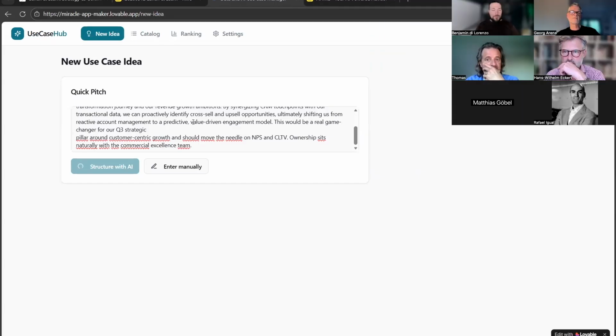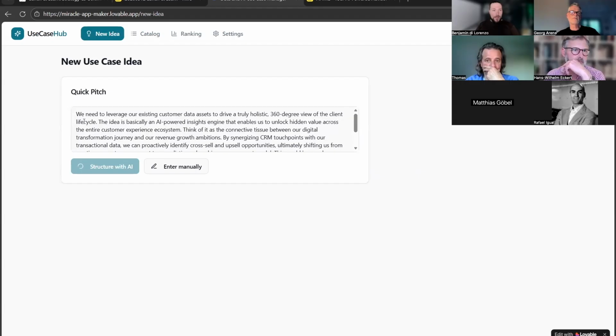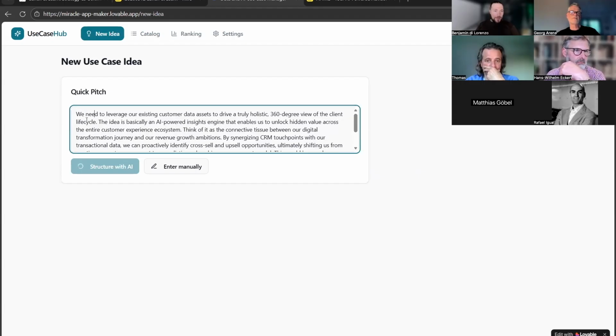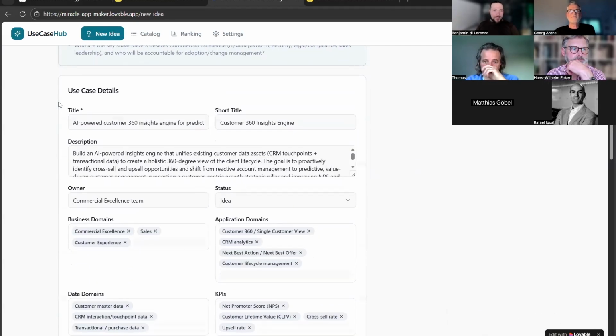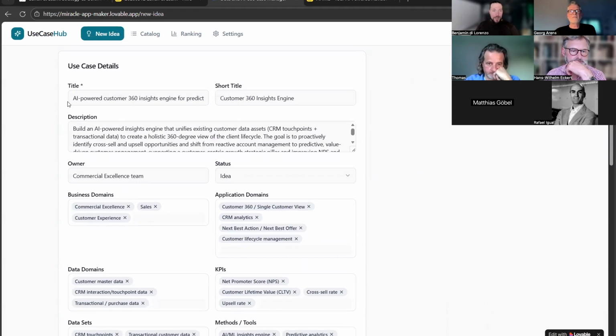And then we also see the catalog. I had a generic prompt: "We need to leverage our existing customer data assets to drive a truly holistic blah blah blah." So let's see if it can do it. Yeah, and what comes out pre-fills the structure of a hypothetical use case